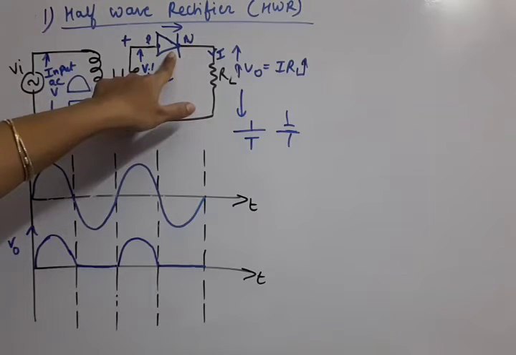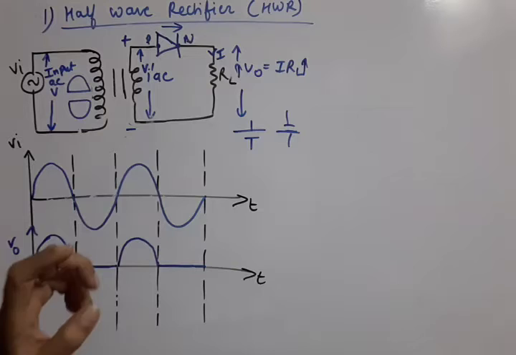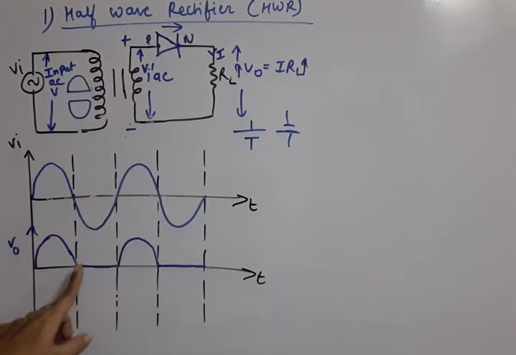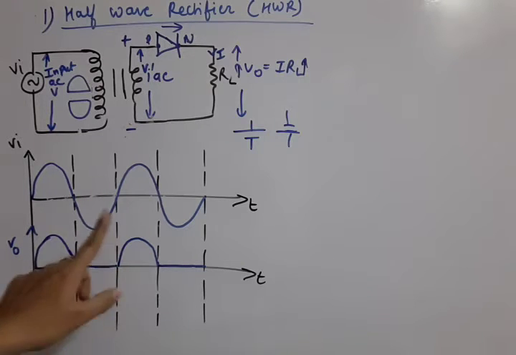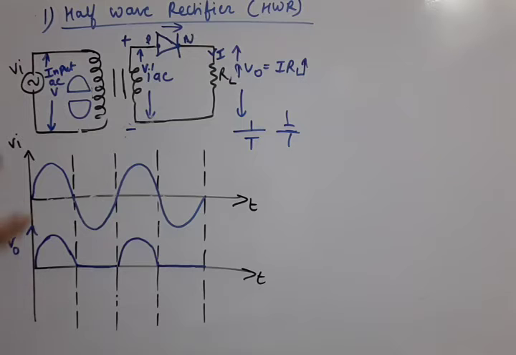So you can check the graphs. In the case before reverse breakdown voltage, the current is almost zero in the reverse. Okay, you can see the graph. So here the current is zero. So during the negative cycle, no current means no output voltage. This way we are getting the graphs. So this is our input voltage and this is our output voltage.